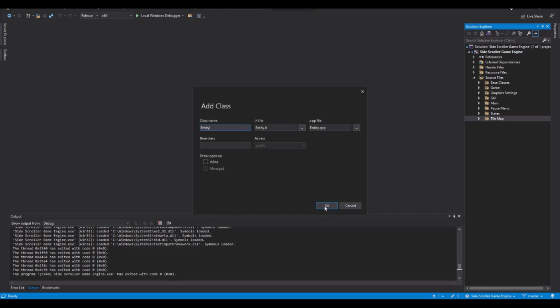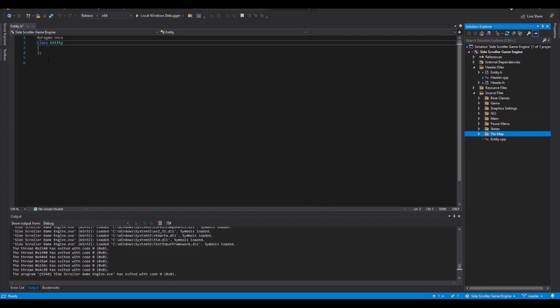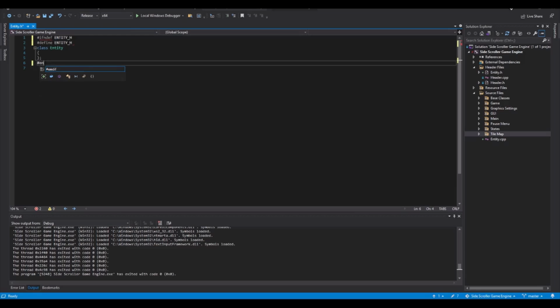So entity.h, entity.cpp. All right, so let's just make this cross-platform. Entity, and then define, and then just copy this baby again, and then end it. All right, cool. Right, so we got private. No, I'm sorry. We do not have private. We have protected. If we have any initializers, we can make those private, but you need to make it protected. So again, protected is kind of in the middle between